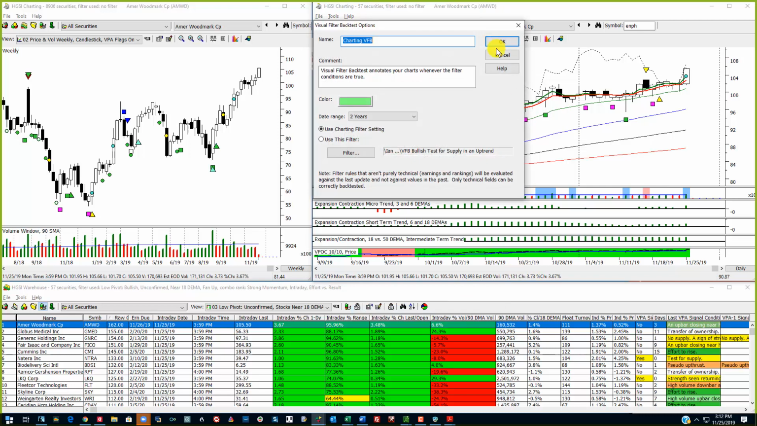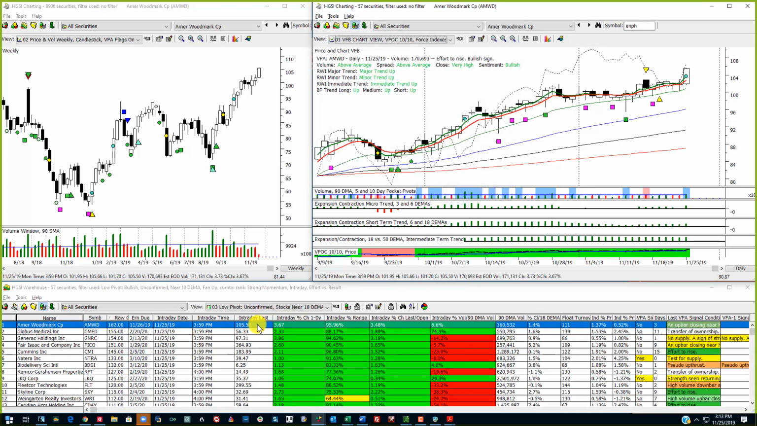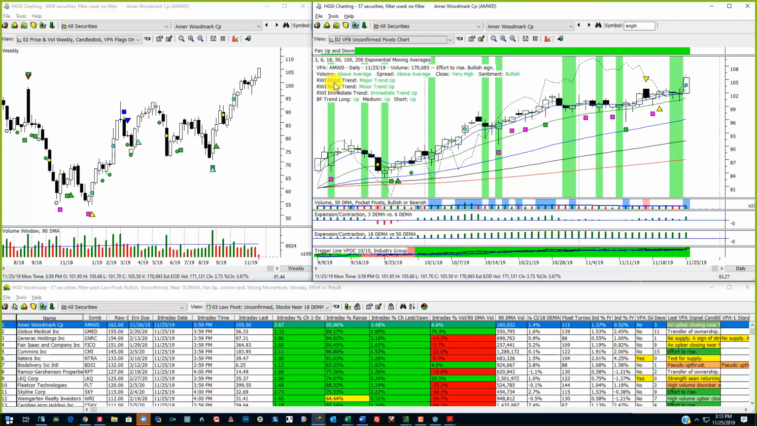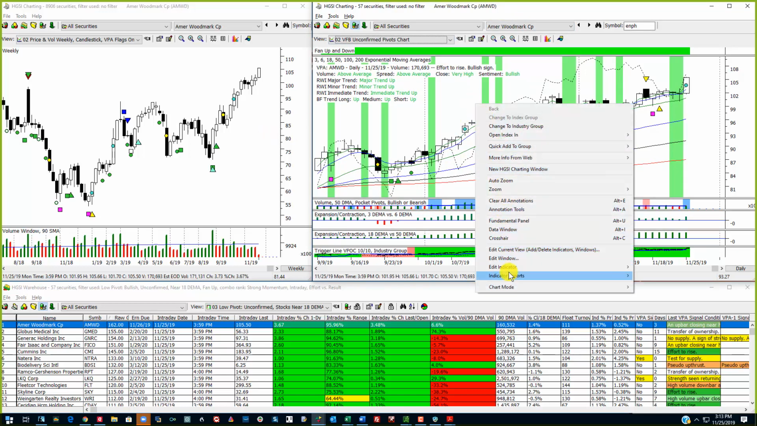But there's a charting VFB filter. You can use the charting filter setting. Now what that means is that if you click through from the warehouse when the conditions are met, then the bars will appear. Okay? And as you can see, as I've shown you, when the conditions are met, the bars appear. Now let me go down to the next one. I call this the Unconfirmed Pivots chart. Now, and the difference is,